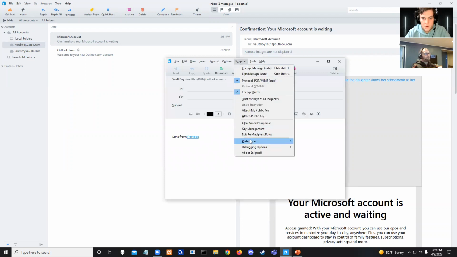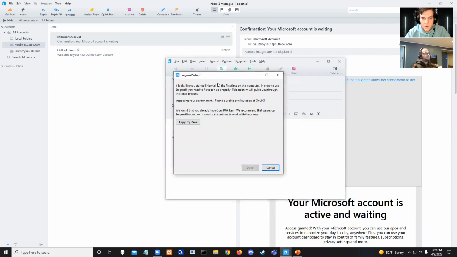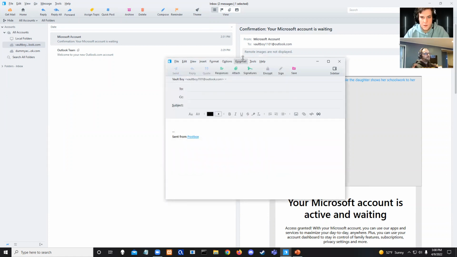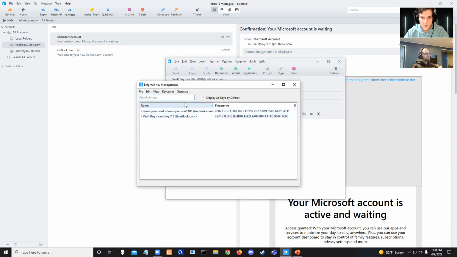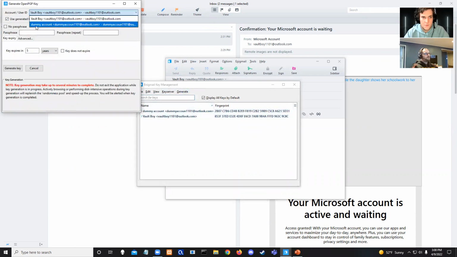You go to Enigmail, you do your preference setup wizard. At this point, it's going to find your GnuPG that we've installed earlier. You can definitely check the demo's paper for that. So then we've applied our public keys. Since the keys we have generated already, you would go to generate new key pair and fill out this information,